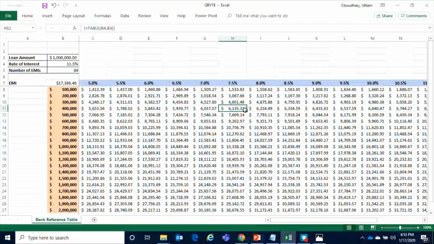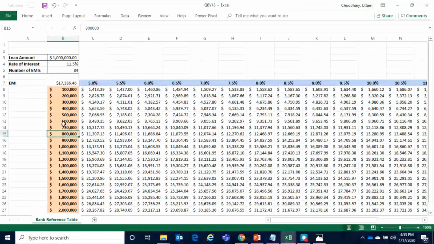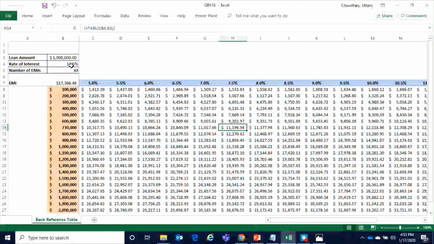Now, say for example, somebody comes back and tells you that he doesn't want a round figure of say 700,000. There's something that he wants, like $730,000 at an interest rate of 7.5. So what you can do is you can just go and change this to $730,000, and you will see that the amount has automatically been updated to 11,196.94 for 84 EMIs